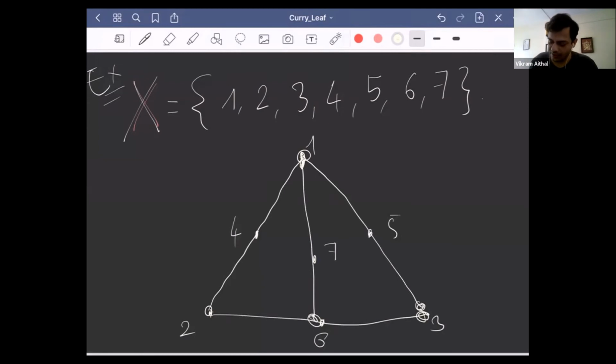Now this is not enough. I need a line connecting these 2 points. So I have this. I need a line connecting these 2 points. So I have this. Is this enough? How many of you think this is enough? Or do I need to add something?